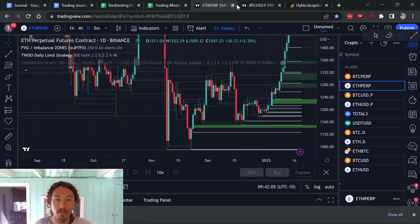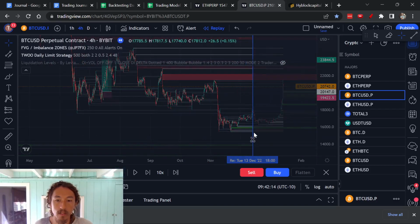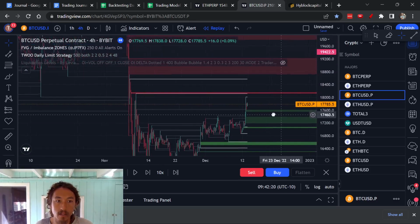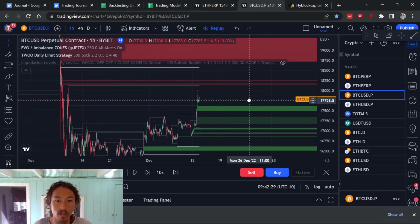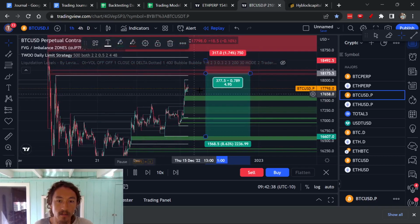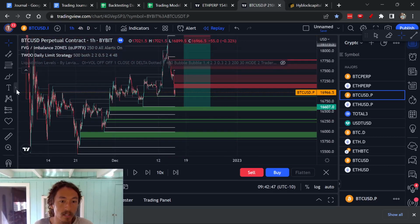So, sweep into gap. Sweep into gap is similar, but I'm paying attention to these fair value gaps. And I'm saying that when there's equal highs or lows being taken, the gaps are a good place to enter. So, for instance, this worked well as a trade, entering in that gap. And then what also worked well as a trade was